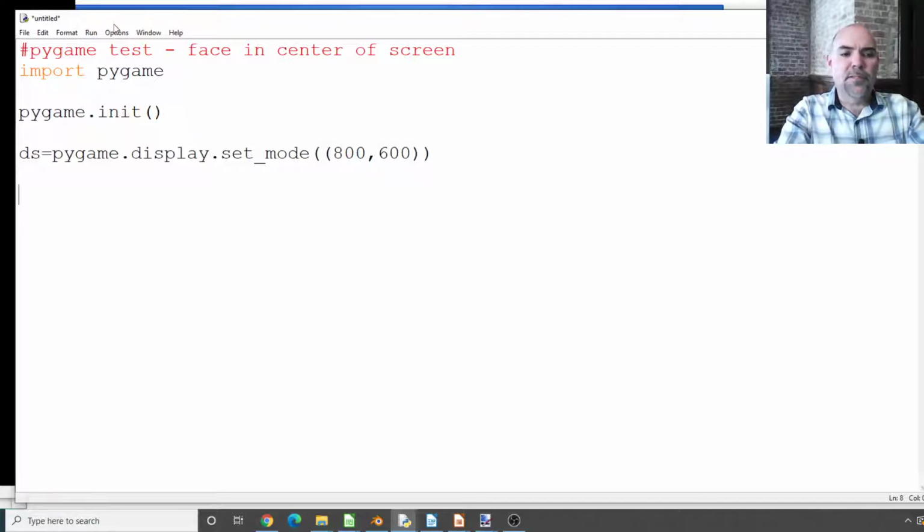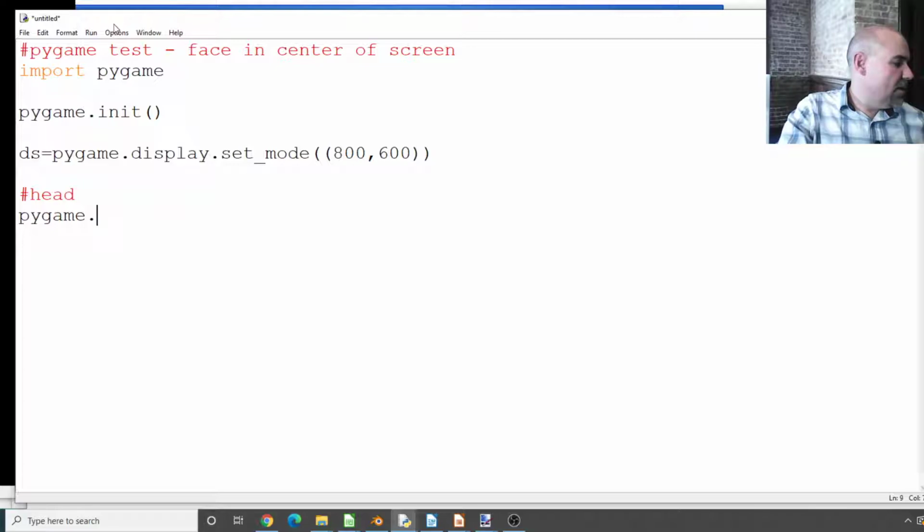Now we have the display surface. Now we're ready to do something with the display surface. So the first thing we want here, I'm going to put a comment here. This is going to be the head. I'm going to do Pygame. And if you remember, what we want to do here is we want to go ahead and draw these